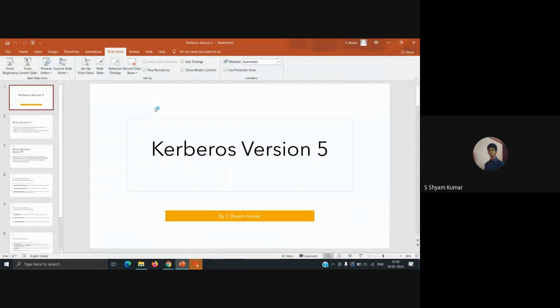Say for example, if we want to go and watch a movie in a theater, we just cannot directly go and watch the movie and come back. What we have to do is purchase a movie ticket, pay for that ticket, and then you are allowed to watch the movie. The same simple concept is applied to Kerberos, where if you want to access any information from